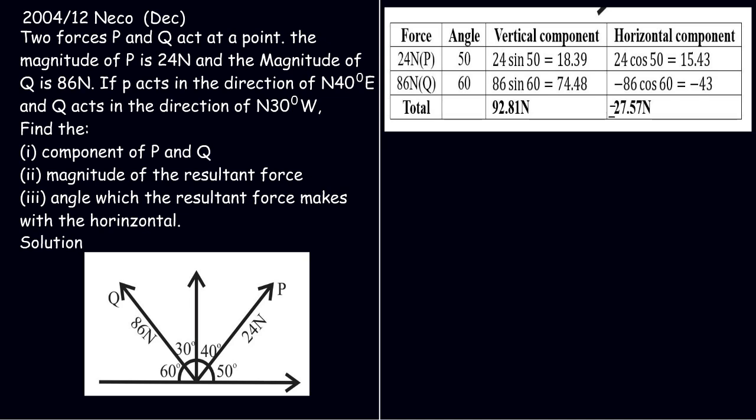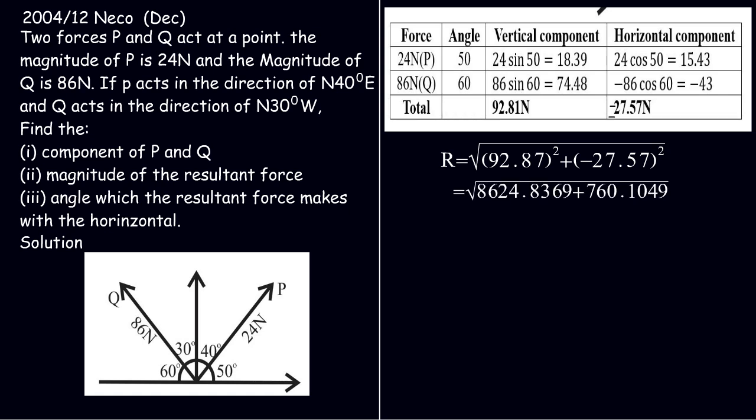Now our resultant will be equal to, from our formula, the summation of all our vertical components squared plus the summation of all our horizontal components squared, and we'll find the square root of that, which makes R equal to the square root of (92.87) squared plus (-27.57) squared. And finding our squares, it will be equal to the square root of